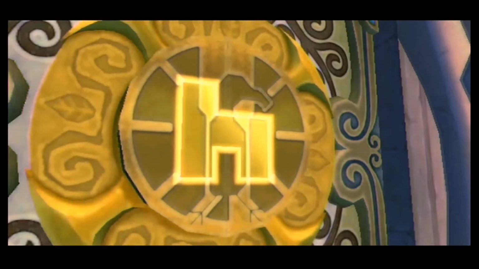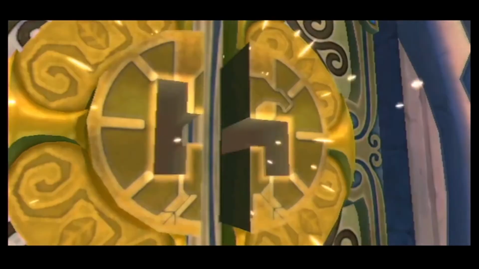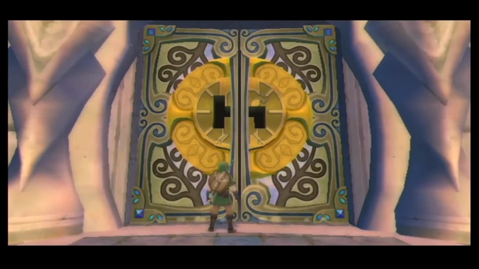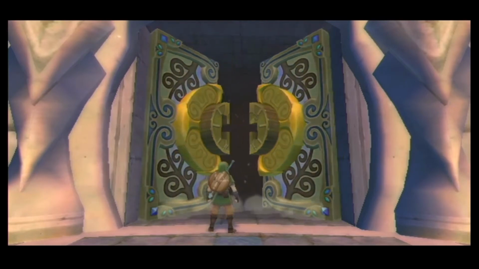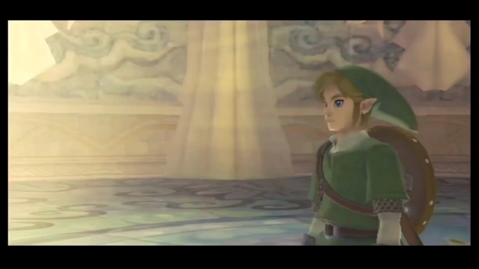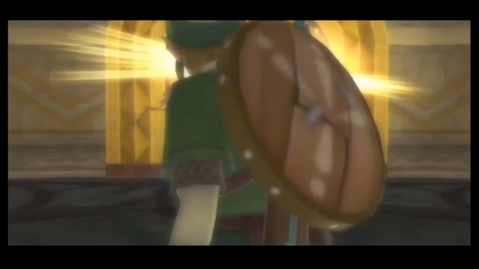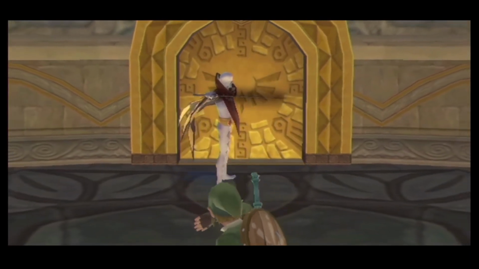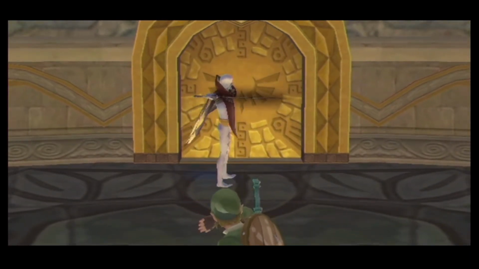And that spins the door, breaks the sculpture, and the door opens. And we're off to find out who is the boss of the Skyview Temple. Okay, big open room, and what the... Now I just break my sword through this door and...